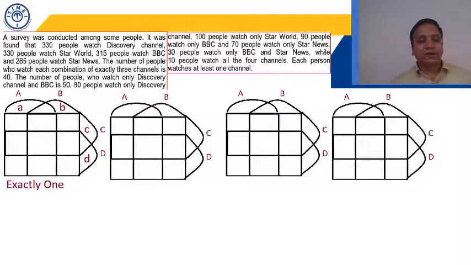Now how do I write? There are 4 newspapers A, B, C and D. So how many people are reading exactly one? So there should be 4 regions. Exactly A, only A, that is represented by small a. Only B, only C and only D. The reason is they are reading A newspaper, B represents only B newspaper, C is representing only C newspaper, D is representing only D newspaper.